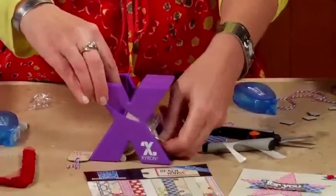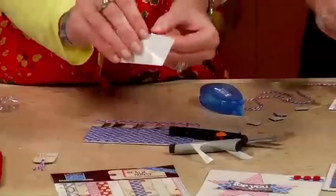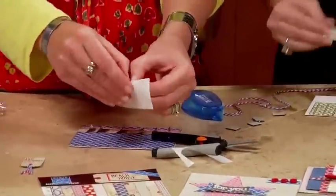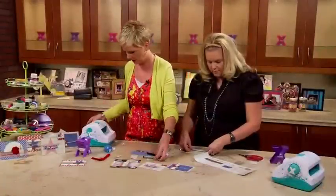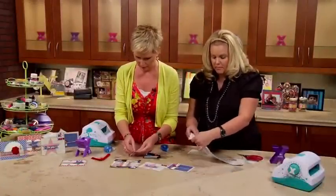I'm going to insert it now with the backing facing up. Put it right back in through the machine. Pull it tight. So now I've got a circle with adhesive on both sides, and I'm going to take this cute red